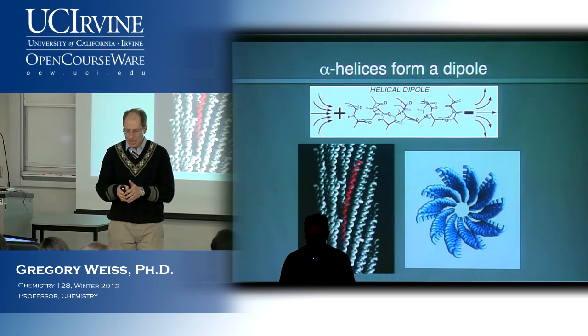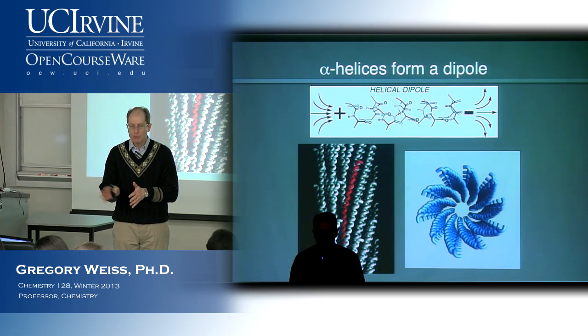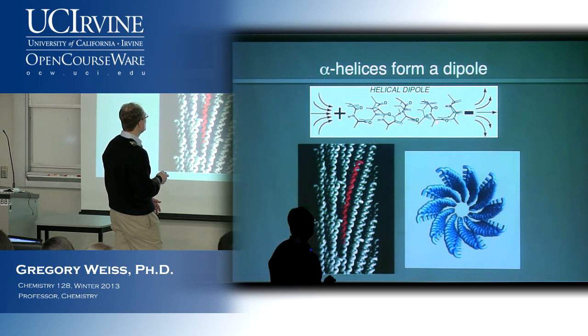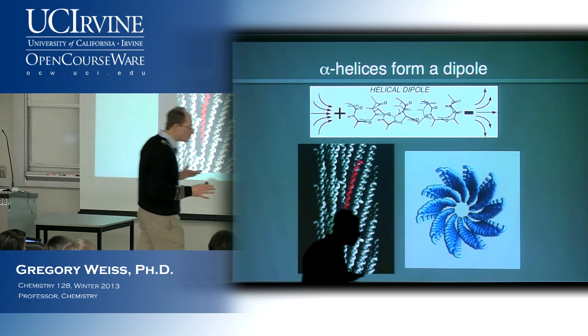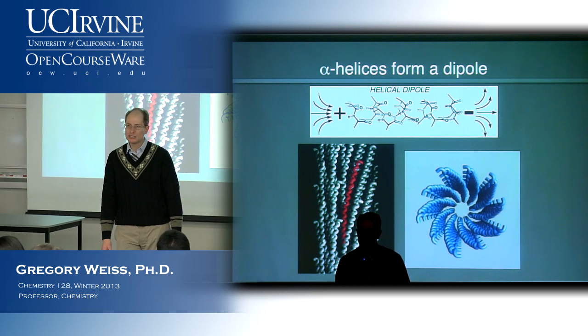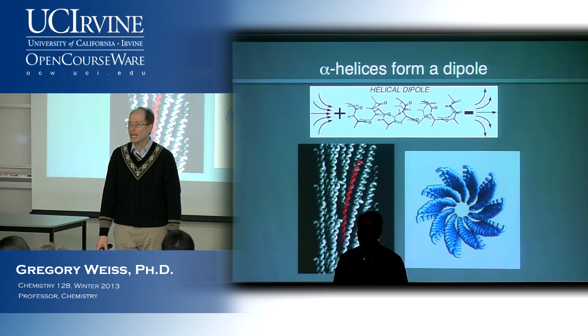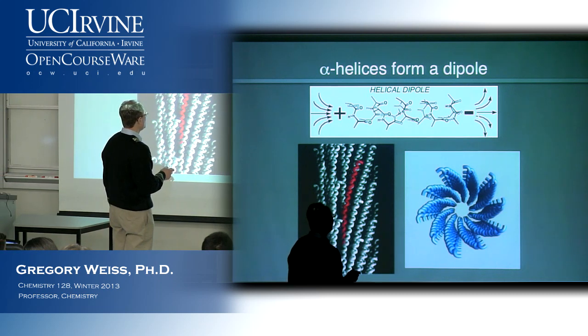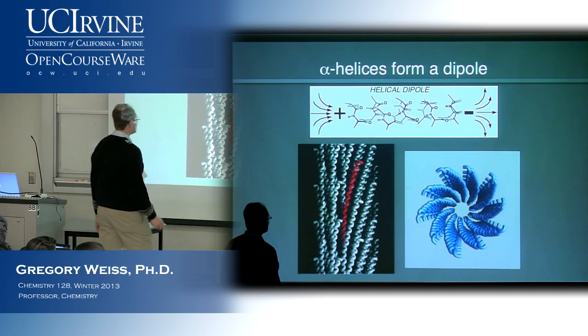At the time, I told you that dipoles were separations of charge, where in this case, the oxygen, being a little more electronegative, has a little bit more negative up here and a little bit more positive at the carbon of the carbonyl. And all these little dipoles are all pointing in the same direction. So if you sum up all those little tiny dipoles, you end up with a much larger net dipole. So the helix itself has a fairly large net dipole. And that means that one end has a negative charge and the other end has a positive charge.